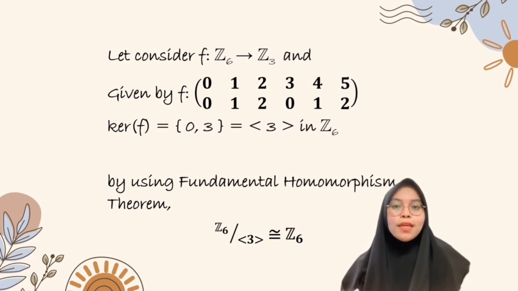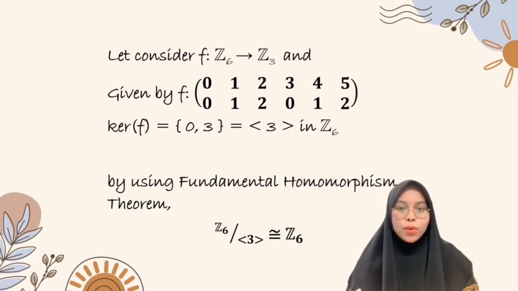We can easily see that this is a surjective homomorphism, and we also can see that the kernel, the things that map to the identity, is going to consist of 0 and 3. This is equivalent to the subgroup generated by 3 in integer modulo 6. So now, using the fundamental homomorphism theorem, I can say that integer modulo 6 mod the subgroup generated by 3 is isomorphic to